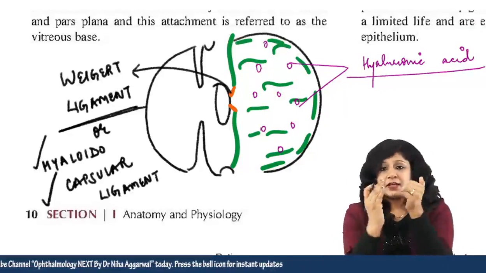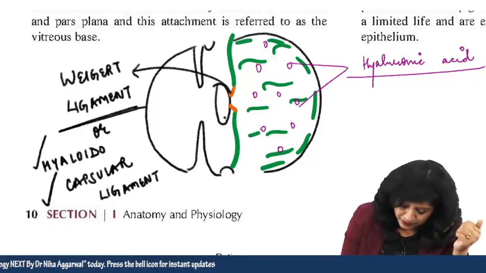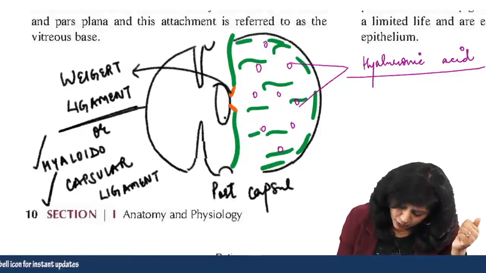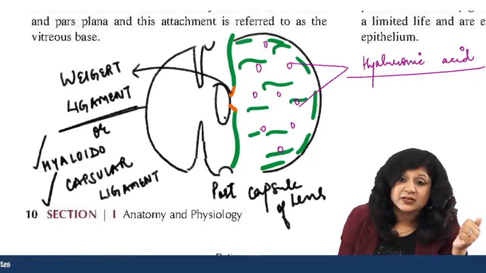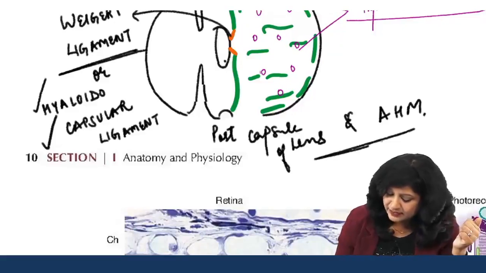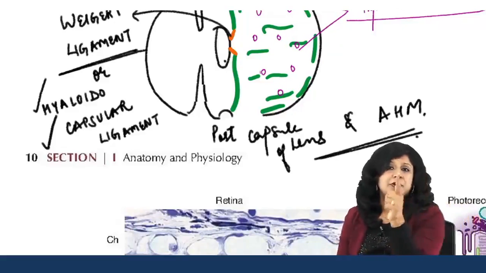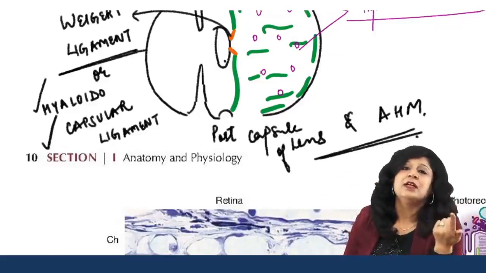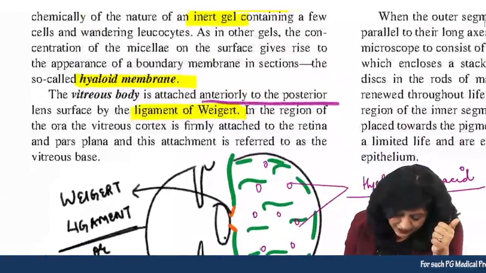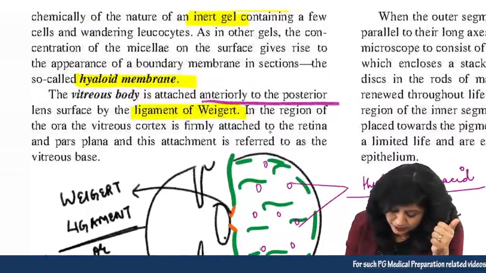So if you have an attachment between the posterior capsule of the lens and the anterior hyaloid membrane, then that ligament is called the hyaloidocapsular ligament, and the name is also Wieger's ligament. Okay, now in the region of the ora, the vitreous cortex is firmly attached to the retina